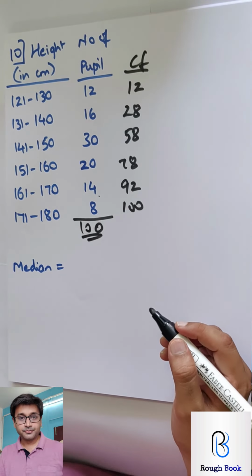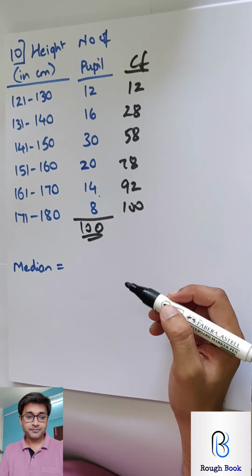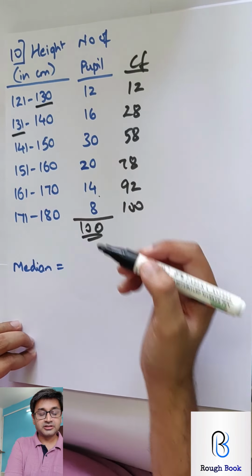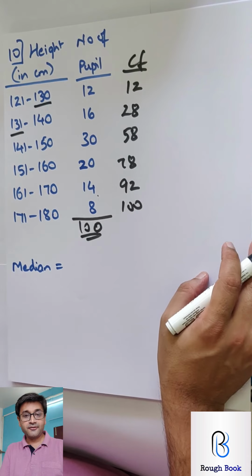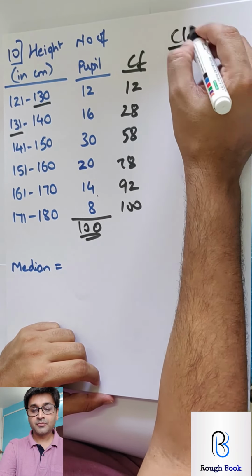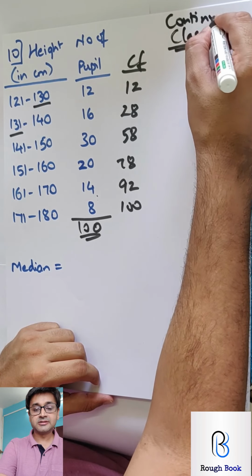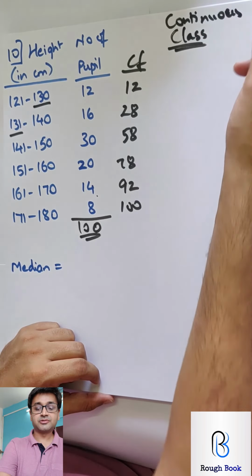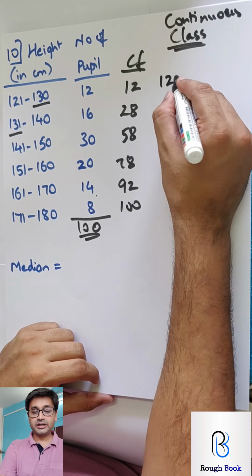But there is a problem. The problem is that these numbers are not continuous. So how will you calibrate the y-axis? So you need to first get your class, or you can say continuous class. That is using the adjustment. You remember? So 120.5,